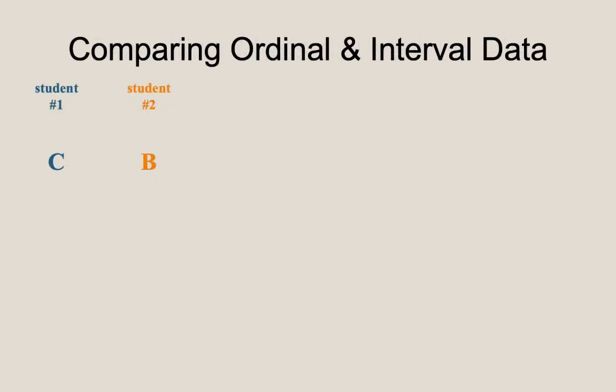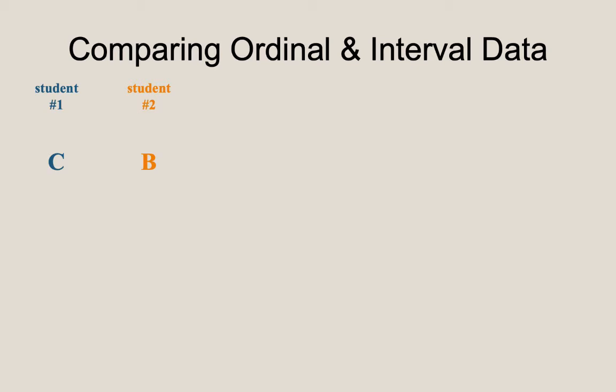Before we clarify the difference between interval and ratio data, let's clarify the distinction between interval and ordinal data. Interval data is quantitative in nature, it is numeric, and ordinal data is categorical in nature. However, it is not uncommon for ordinal data to be represented numerically, like when letter grades are presented as a grade point value on a 4 or 5 point scale. The key attribute that separates ordinal data from interval data is that we can't quantify the distance between two observations.